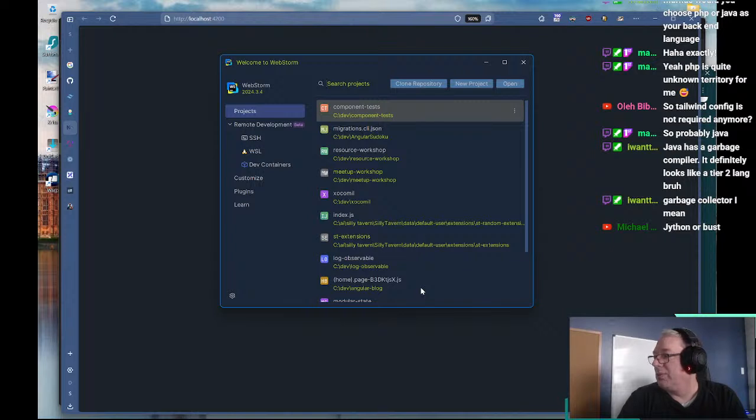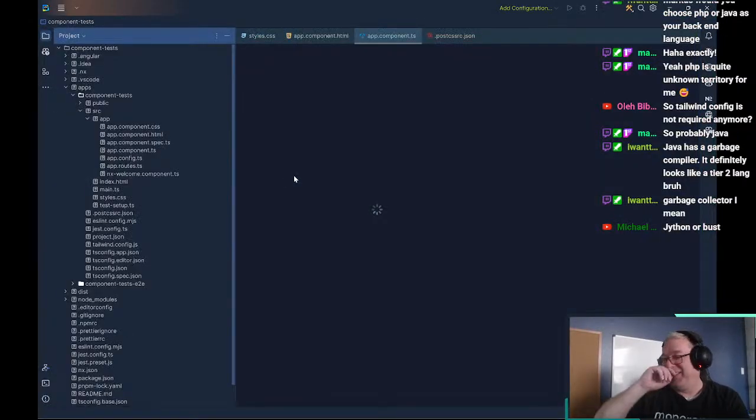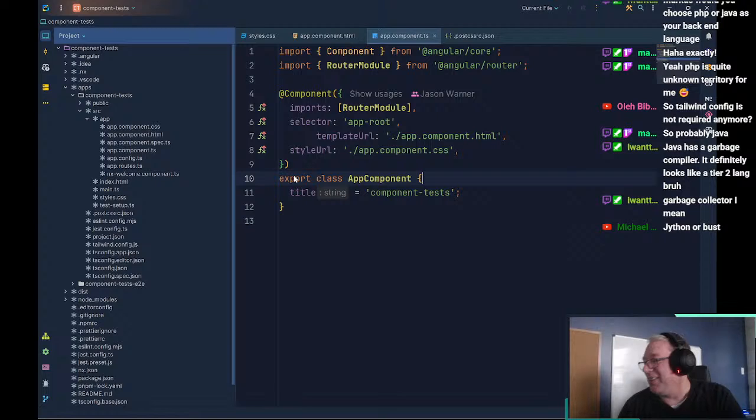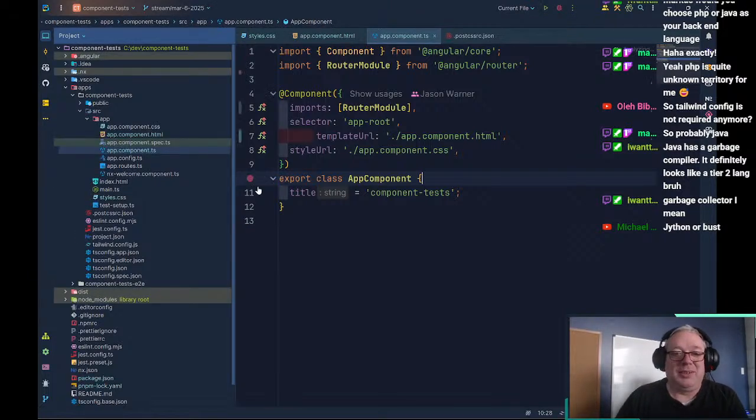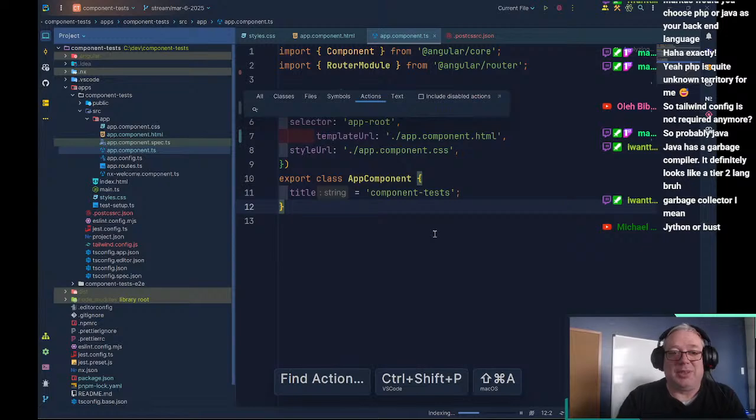Java has a garbage compiler. It definitely looks like a tier 2 language, bro. Garbage. I wasn't gonna argue with you on the garbage compiler. Um, no, I shouldn't talk trash about languages, but